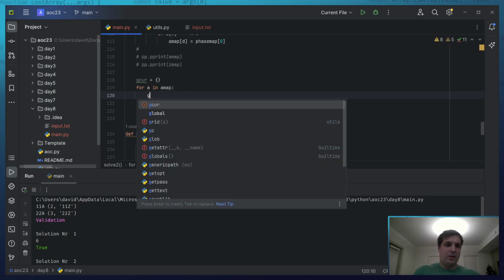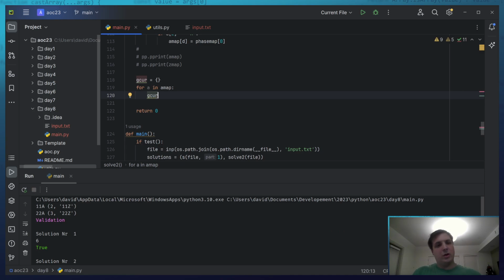I want to say g cur, and I don't actually care. I want to index by the current step. No, I don't, I can't, because there might be multiple at the same step. That is the whole point, that eventually all of them will be at the same step. Fiddlesticks.